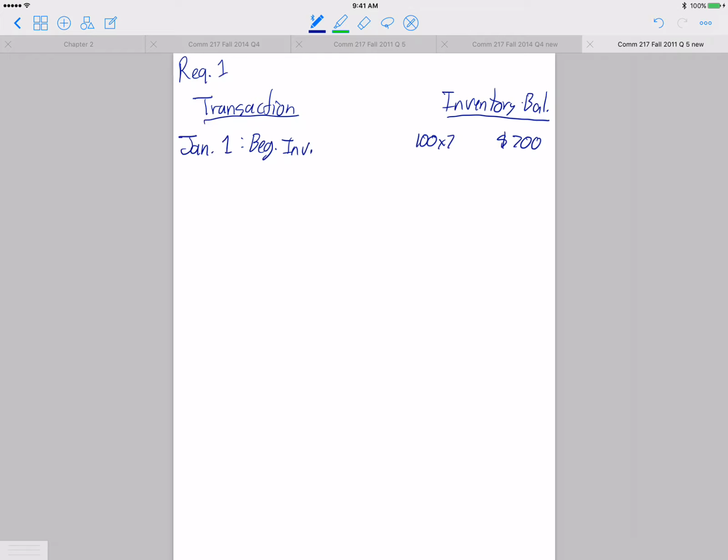And on January 18th, they made a purchase of 700 units at $10 each, which gives us $7,000. On January 30th, there was a sale of 400 units. And remember, we're using the FIFO method. Therefore, the first inventory that's been purchased is the first inventory that's being sold. Therefore, 100 units at $7 each